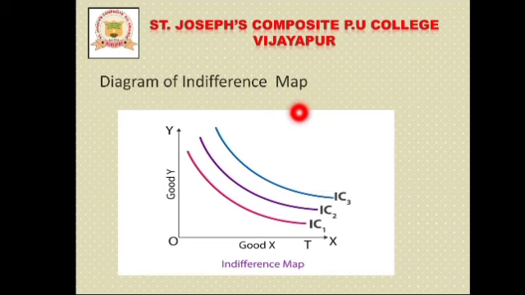Okay, so this we can observe in the indifference map, not in the indifference curve. An indifference curve always denotes a single curve, that is IC. When it comes to more than one indifference curve, at that time we need to put IC1, IC2, IC3, IC4, IC5 and so on. Okay, and this indifference curve will give an equal level of satisfaction. An indifference map will give different levels of satisfaction according to the indifference curve. Okay students, so this is what the indifference map is.